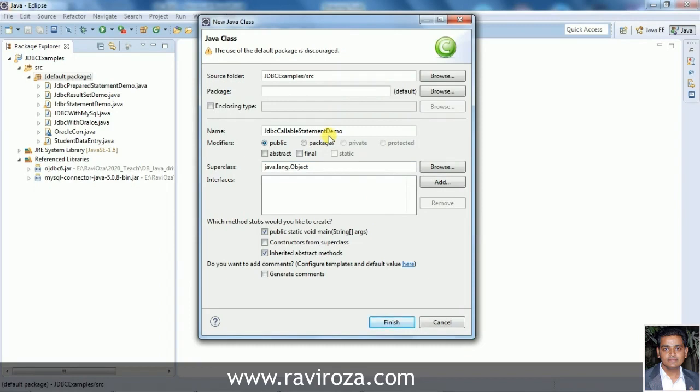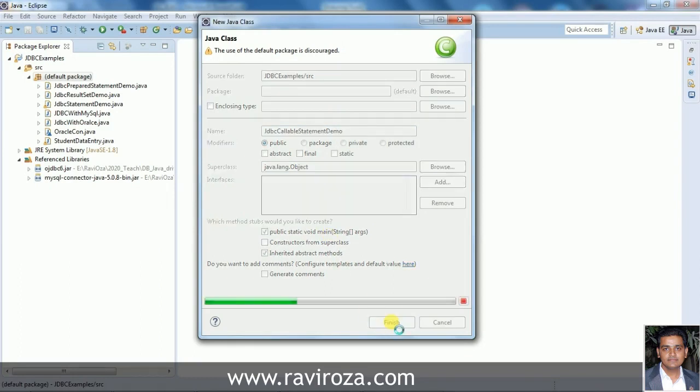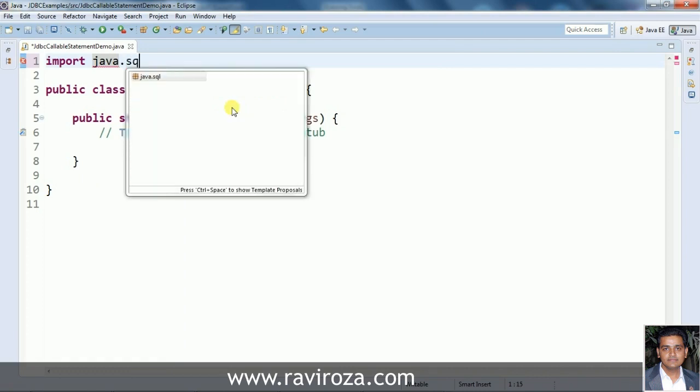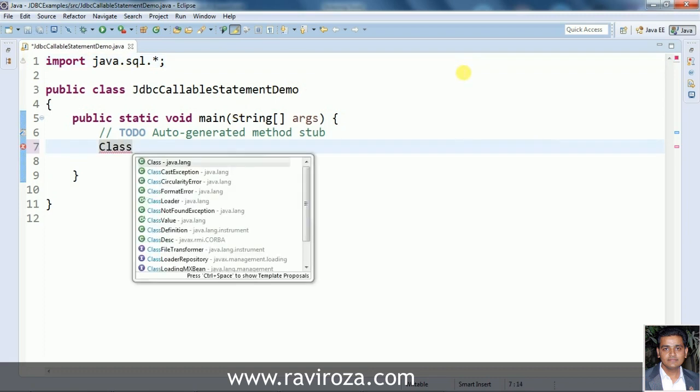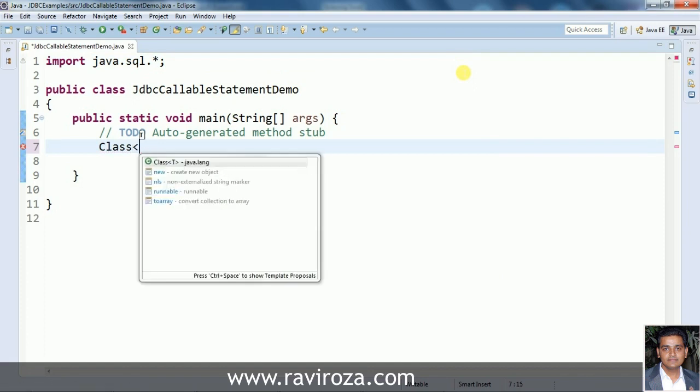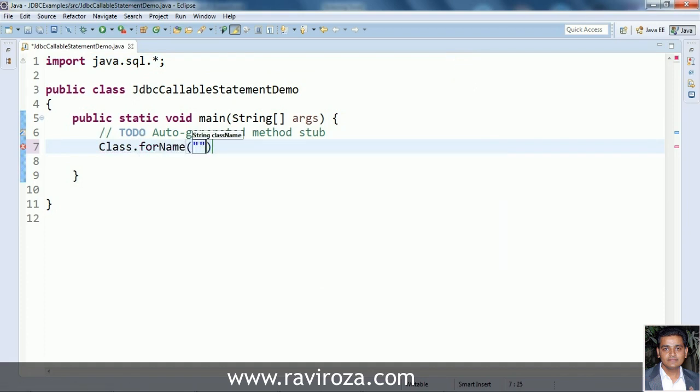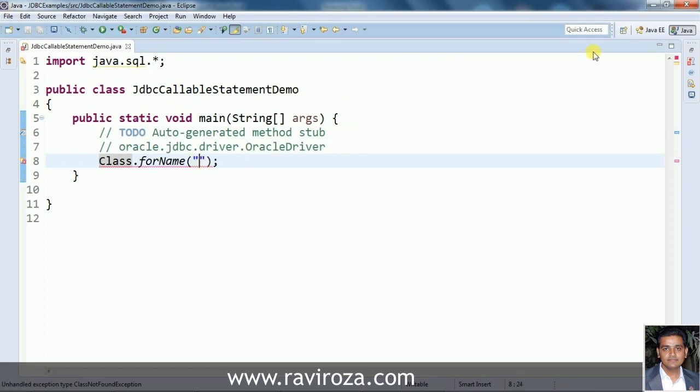So let's create the class for JDBC Callable Statement demo with public static void main method and click the finish. Let's import java.sql. Let's have the Class.forName for loading the driver, which is going to be oracle.jdbc.driver.OracleDriver,